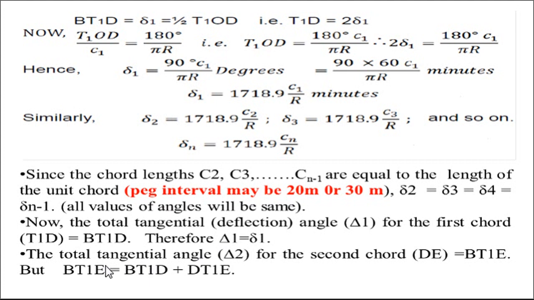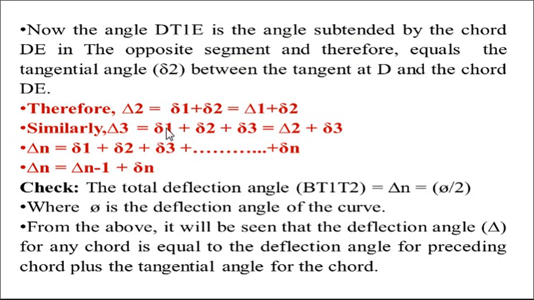Next one, the total tangential angle delta 2 for the second chord DE is equal to BT1E, but BT1E is equal to BT1D plus DT1E, just from the previous figure. Therefore, we can write the angle DT1E is the angle subtended by the chord DE in the opposite segment, and therefore equals the tangential angle delta 2 between the tangent at D and the chord DE, and hence the total